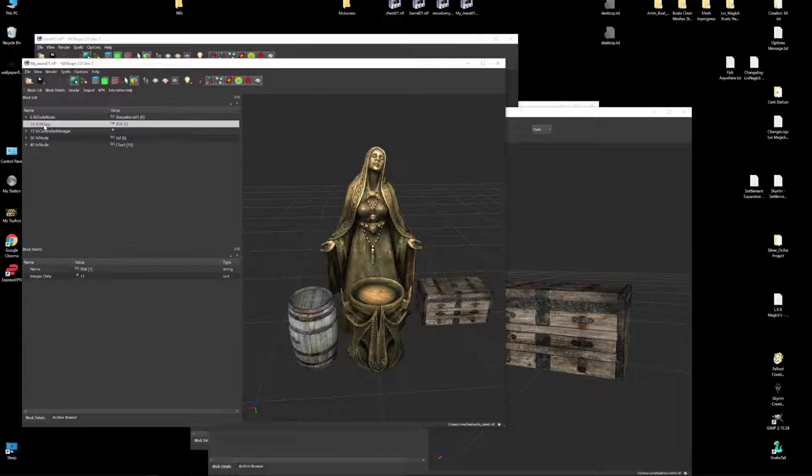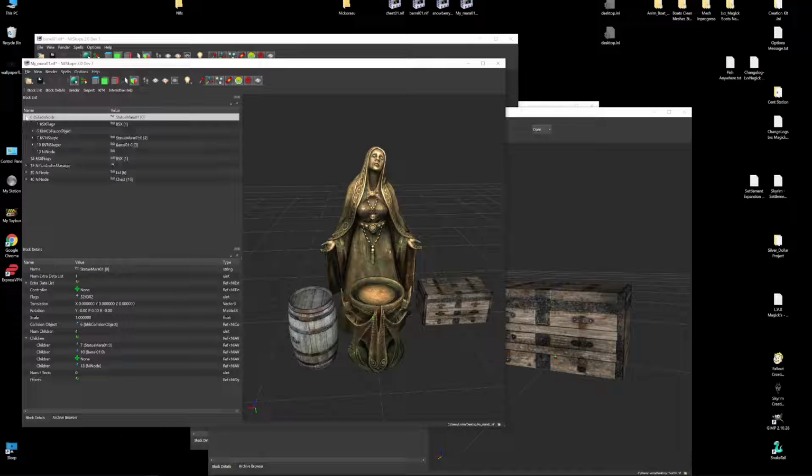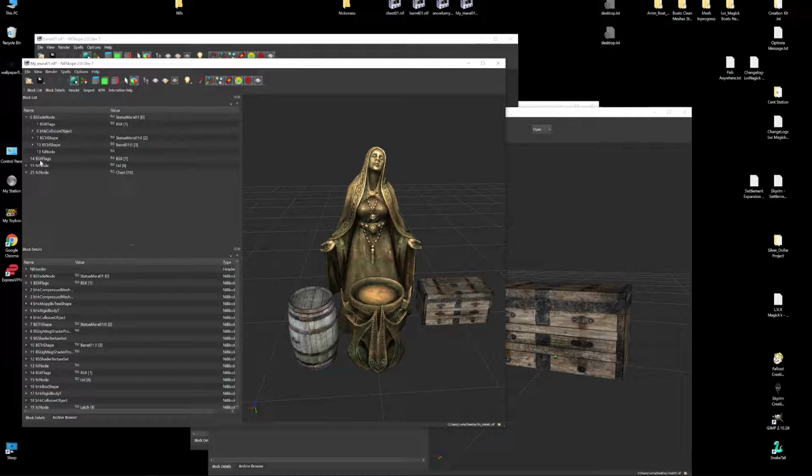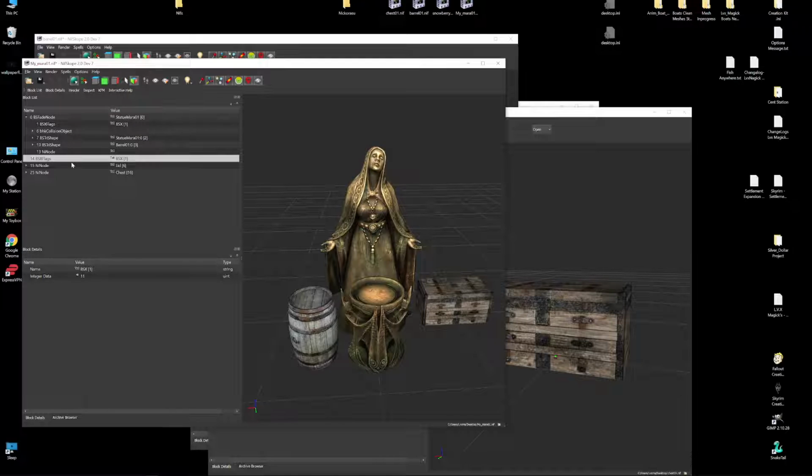Well, let's skip that part because it's not doing it. And wait a minute. Yeah, it is. Sorry, we are. These parts aren't in there. Okay. We want to delete this controller, which allows the chest to open and close because we're just going to use it as static. And you can go to remove branch, and these BSX flags go to the chest. We don't need that, so we can remove that.